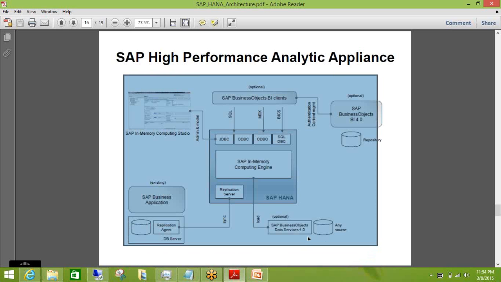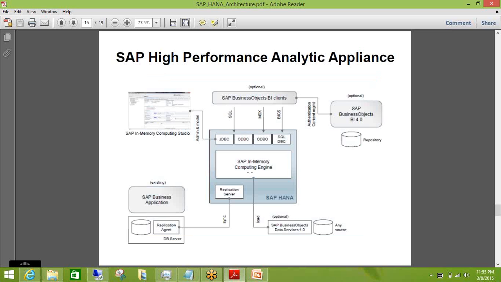Second is your data sources, which is your ECC, or SAP ERP, or BW or flat file system or mainframe legacy system, third party system and all. And third is your HANA server or HANA DB, where you are storing all the data, creating modeling on top of it, and consuming that modeling via different BI client tools. So the BI client tool is the 4th tool.